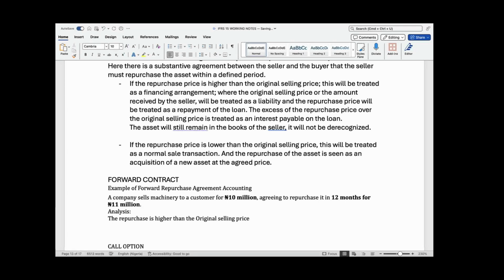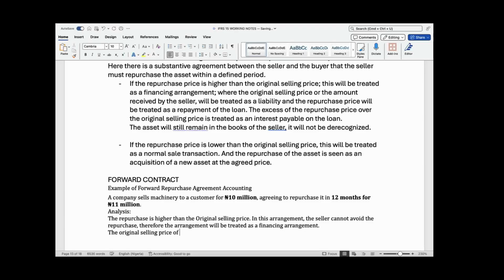And I need you to bring your mind to something. In this arrangement, for this forward contract, the seller cannot avoid the repurchase. They cannot avoid it, you must buy it back. In fact, for that reason alone, the arrangement will be treated as a financing arrangement. You see, the original selling price